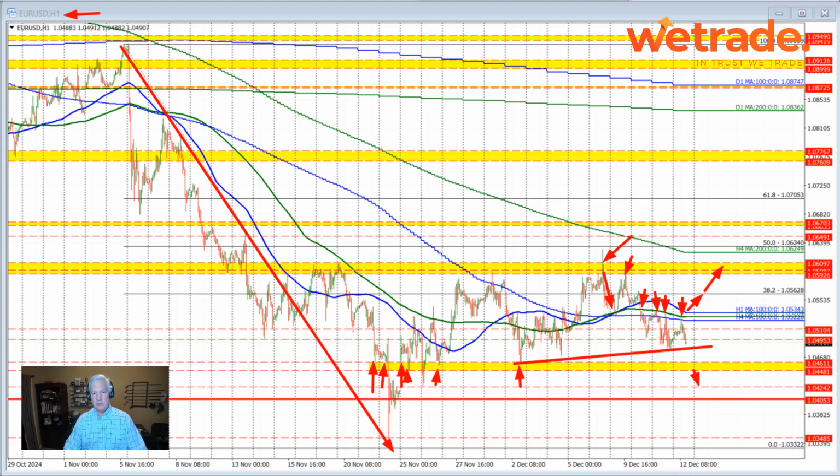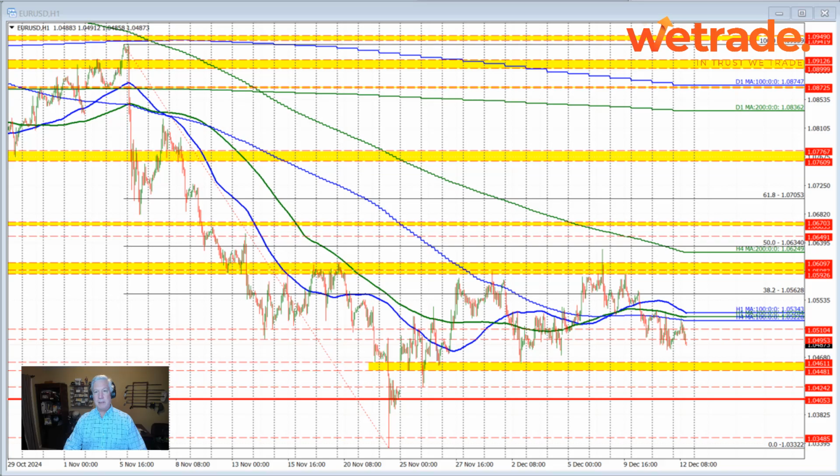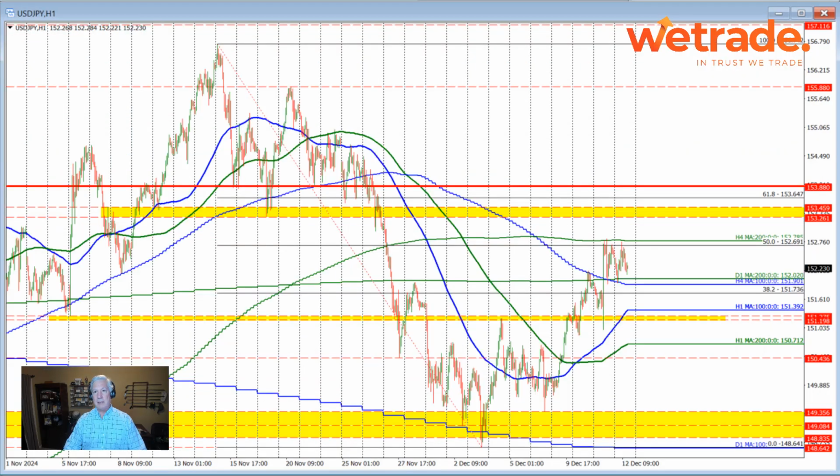Let's take a look at the dollar versus yen. And again, the hourly chart makes sense from a technical perspective to look at. What we've seen over the last 2 trading days is a break above the 100-bar moving average on the 4-hour chart, also above the 200-day moving average. That's the green line in this chart. We moved up to test the 200-bar moving average on the 4-hour chart and the 50% retracement level. Both those levels come between 1.5269 and